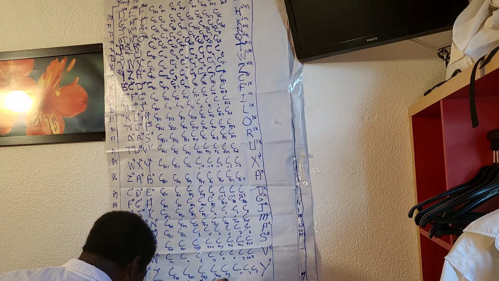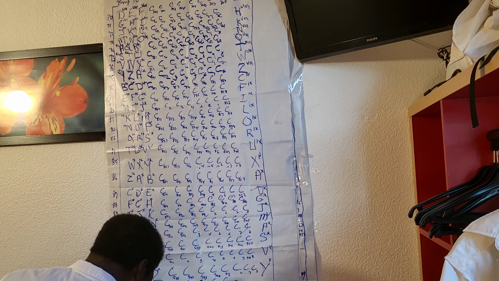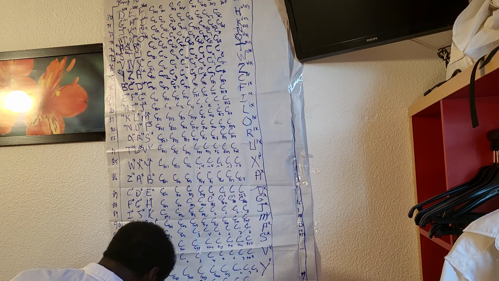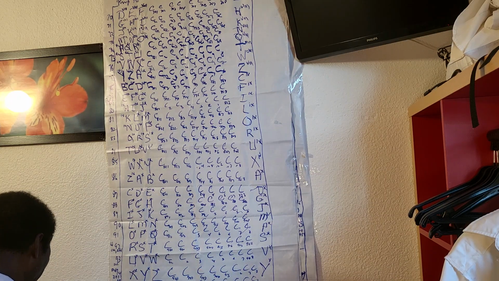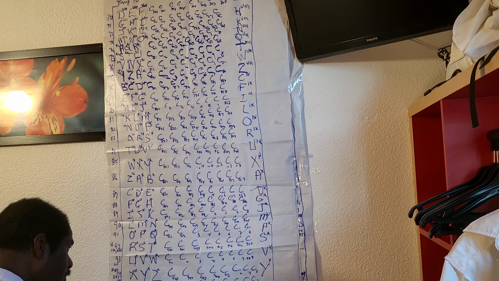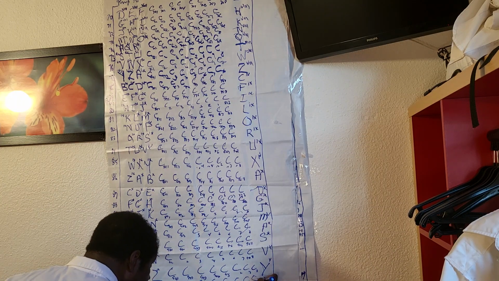So for americium, we have C95-1, C95-2, C95-3, C95-4, C95-5, C95-6, C95-7, C95-8, and here we have now B11, BX1,